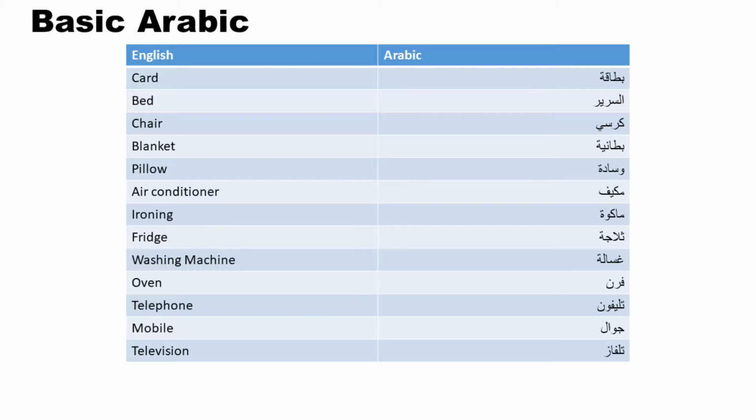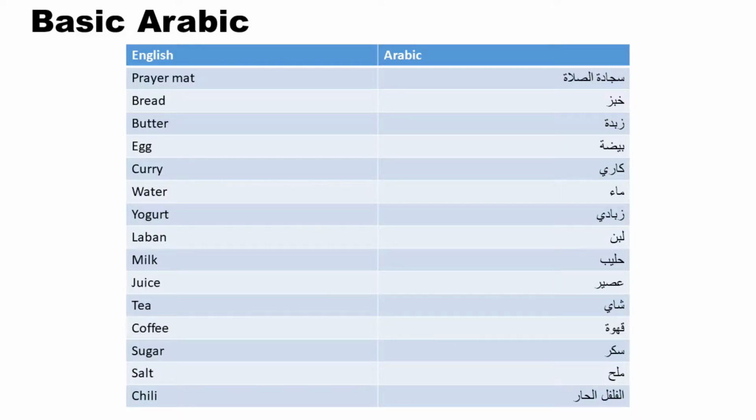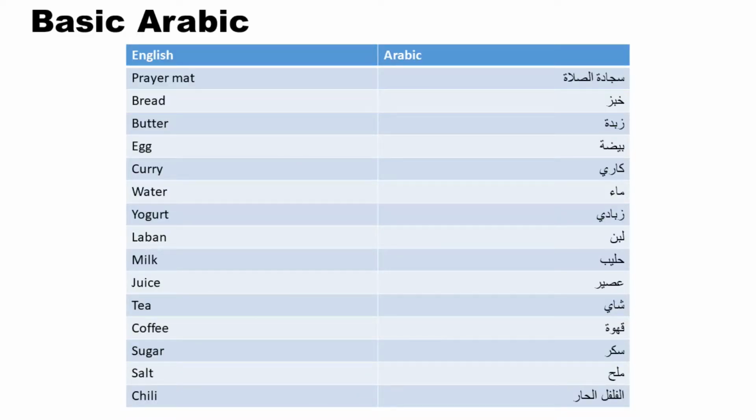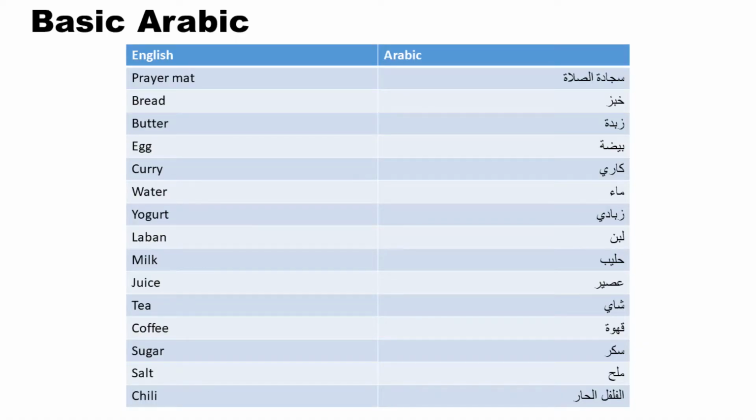telephone, mobile, jawal, television, talfaz, prayer mat, sajada, as-salah, or you can simply say sajada, bread, khubuz. If you want white bread, you say khubuz abiyad, butter, zabda, egg, beda, curry, qari or saloon, but saloon with sad is a hairdresser, water, ma, yogurt, zabadi,